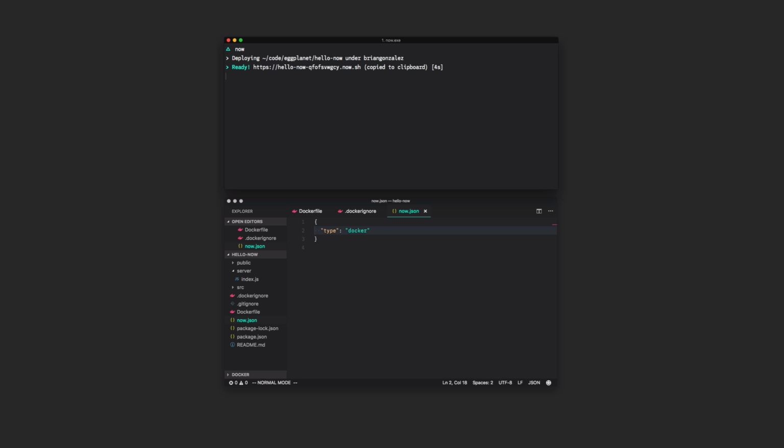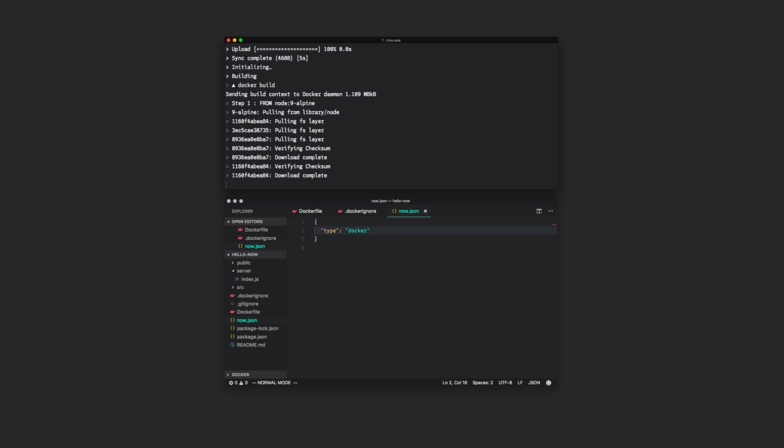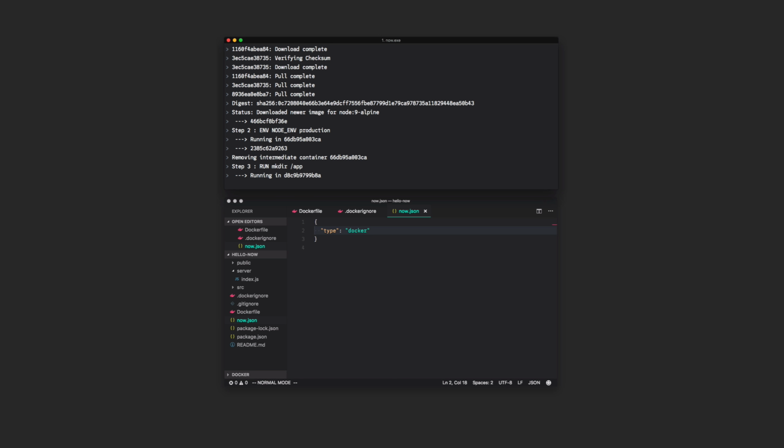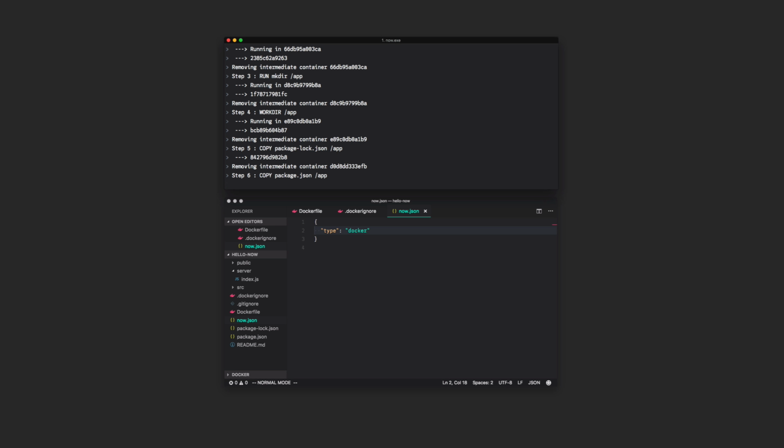Next, we'll invoke now's command line interface to deploy our app by simply typing now. You can install now's CLI by running npm install -g now. You'll notice that now has given our app its own unique URL and has begun building and running our Docker image in the